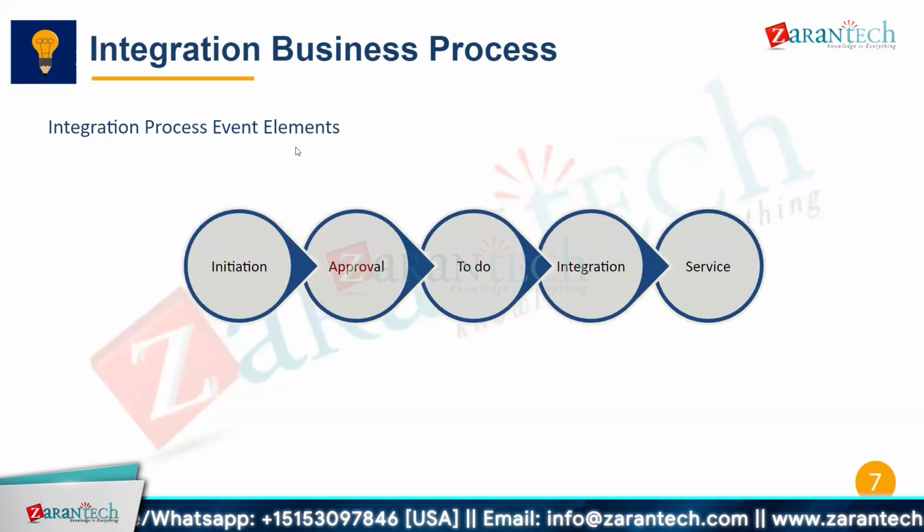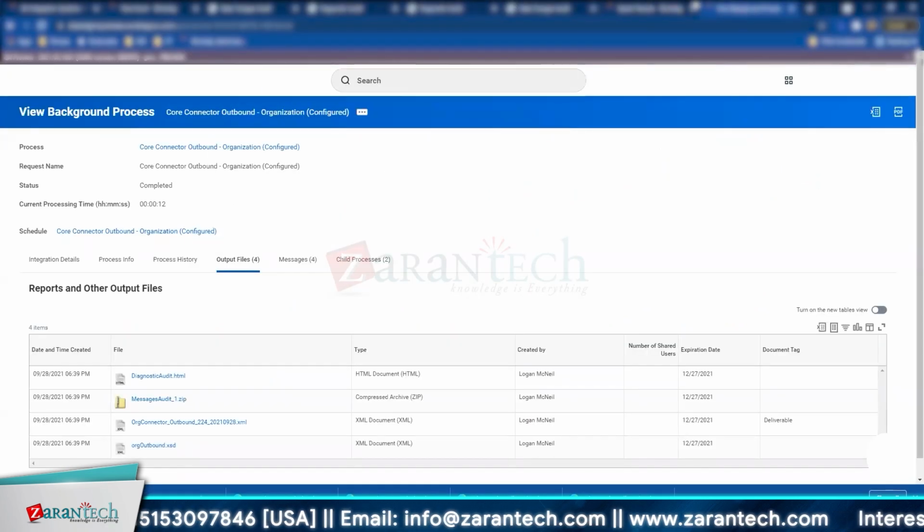So, integration process event elements. When you run an integration, there's an initiation. Then there may be an approval step. For example, if you're running a payroll integration, maybe you would like an approval to be given by payroll administrators every month before that payroll integration fires and sends the data to your payroll partner or your bank. So here in the business process,